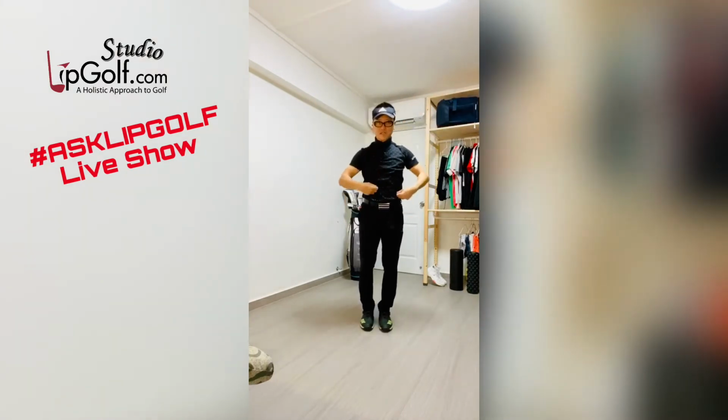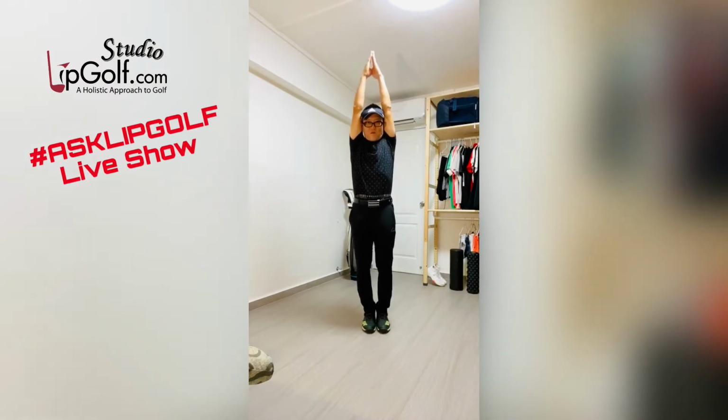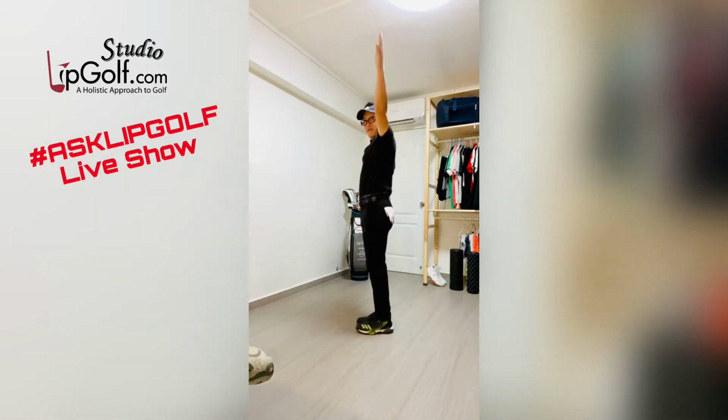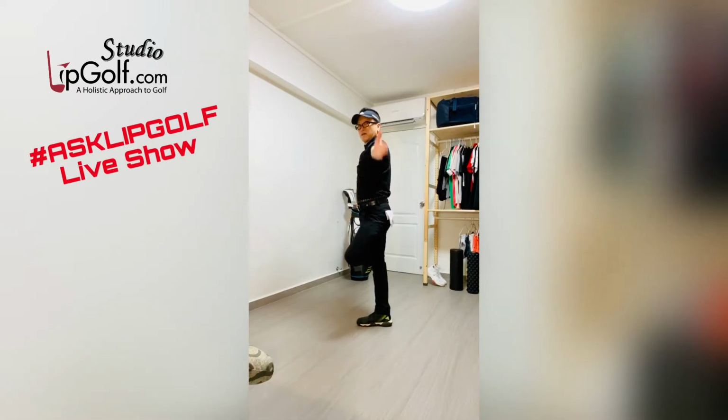Now, let's increase a little bit now. Ready? Now we do this. Hands up. Now let's go one leg cross to your knee. Okay, and pull it back. So you pull your left leg backwards. If you see sideways, okay, going up this way, left knee, and pull back as straight as you can, parallel to your body. Okay, this way. And go up, keep it straight, keep it balanced with one leg. Very stable. 1, 2, 3, 4, 5, 6, 7, 8, 9,